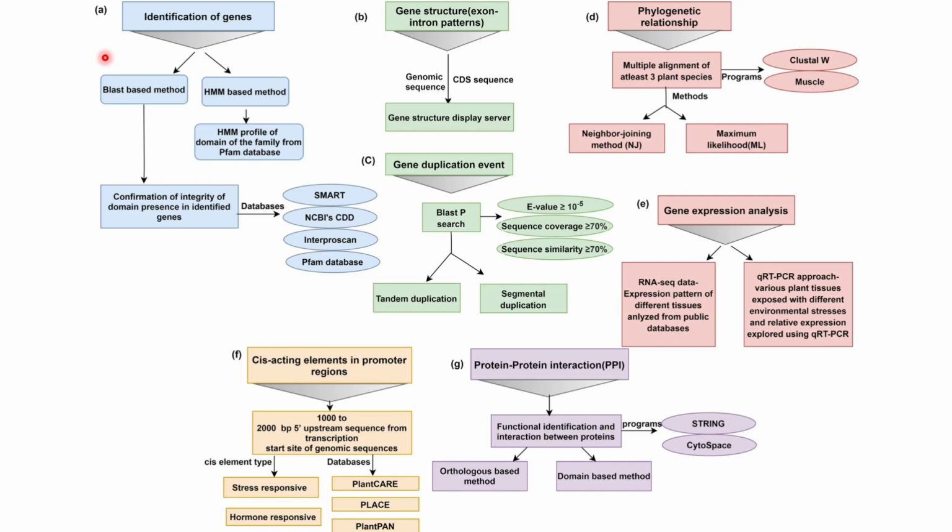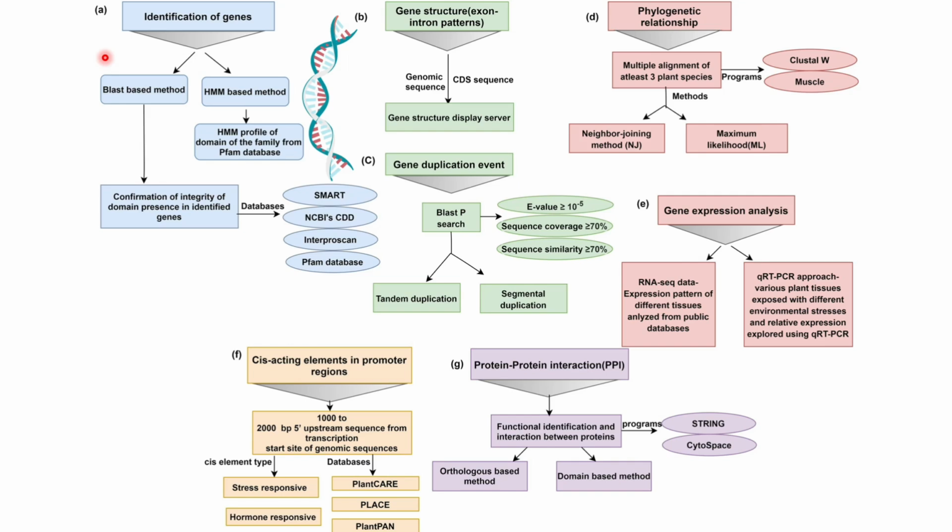The second one is gene structures. We are also going to see the gene structures that are present. For example, we need genomic sequence and CDS sequence for our identification of gene structures. We are going to see the gene structure of certain genes, which are going to be intron and exon patterns. We are also going to be seeing the gene duplication event. For example, we are going to run a BLAST and we can see if there is a certain duplication in our sequences, and we are going to remove that redundancy.